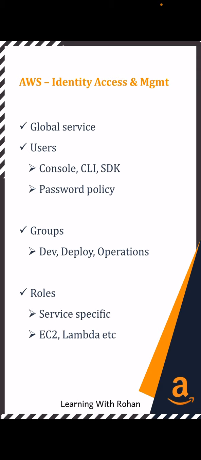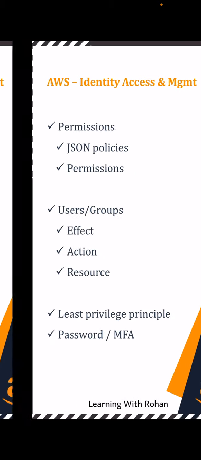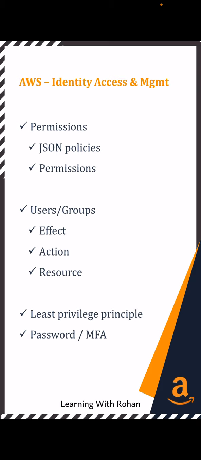For example, you can create a role and attach it to an EC2 instance, right? So that becomes an instance role, and all the operations that instance can do is via this particular role. You don't have to have a user created for a particular service, right? So this is another type of IAM service feature. And moving on, you can actually set all the permissions in JSON policies, wherein you will set